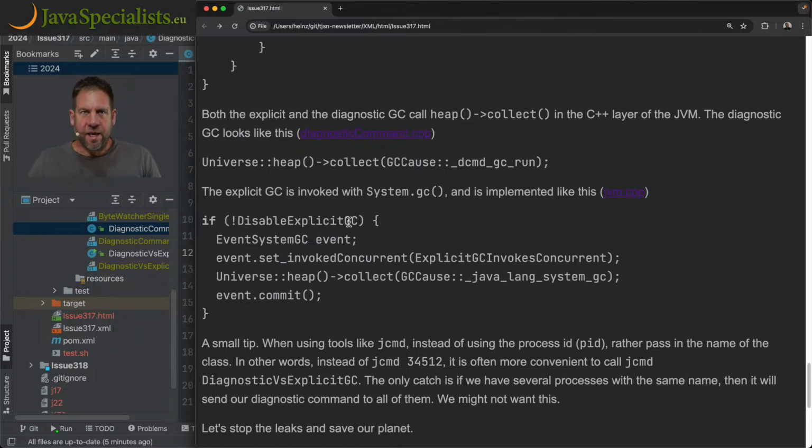Versus if you do a System.gc, which is also what is called from the MBean by default, that internally says if not disabled explicit GC, then do the actual collection. And here they also take into account the concurrent, rather than